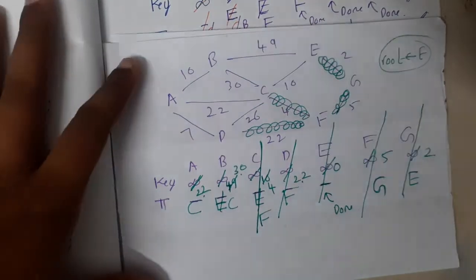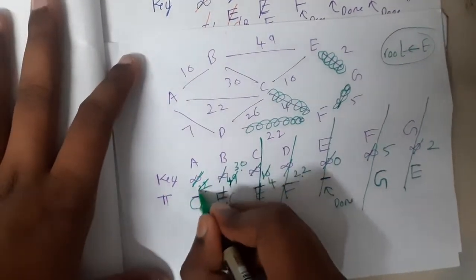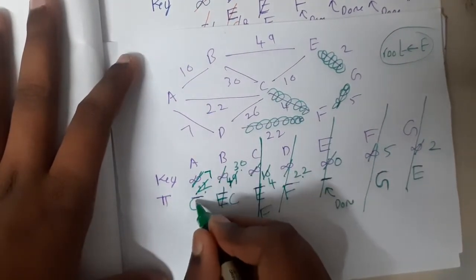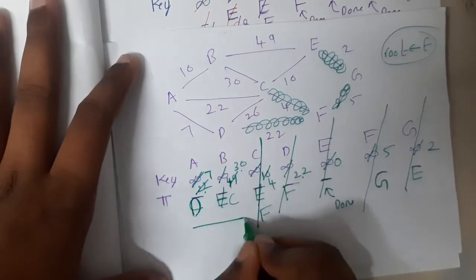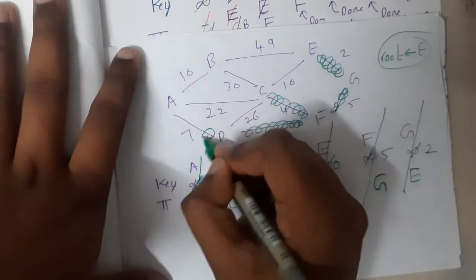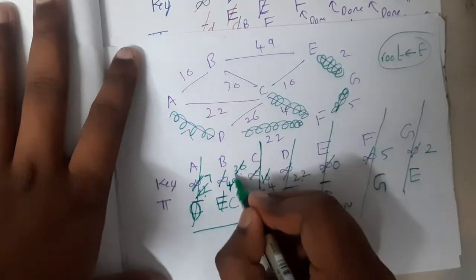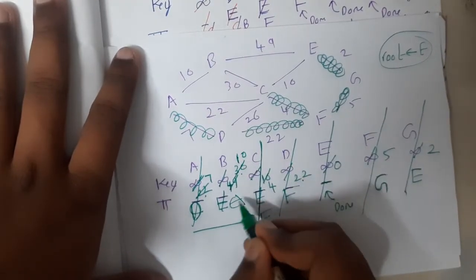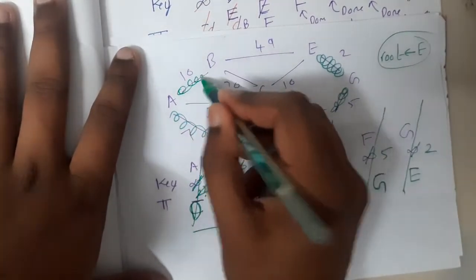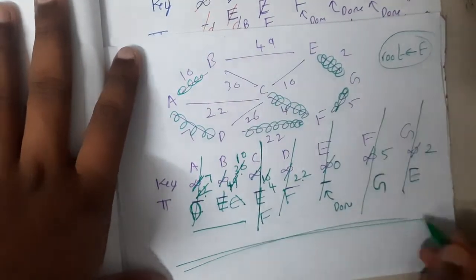Yes. So now from D, you can go to A at a cost of 7. So it's really cheap, right? So now among these two, which is minimum? A is minimum. So this path is finalized. And from here you can go at a cost of 10 and A. So from here you can go to B. Got it? Yes. So this is our